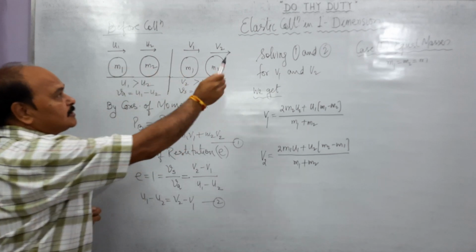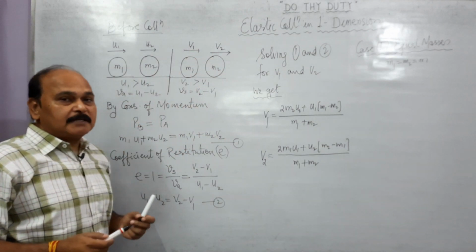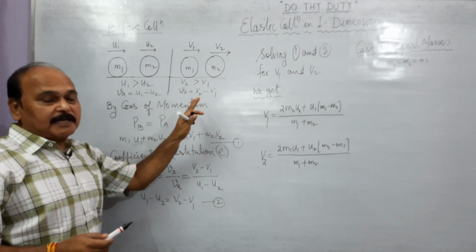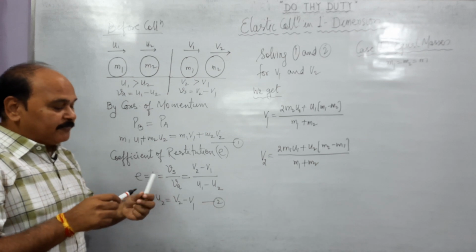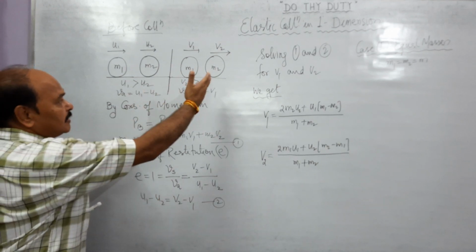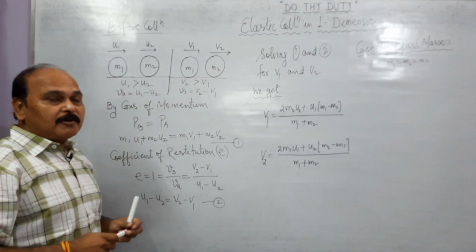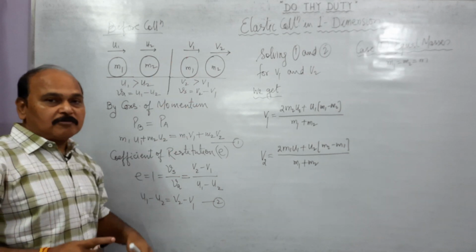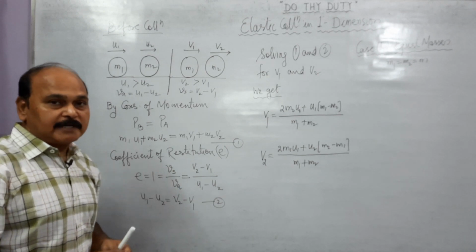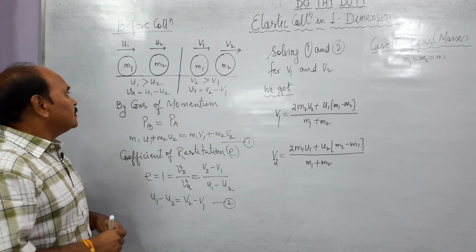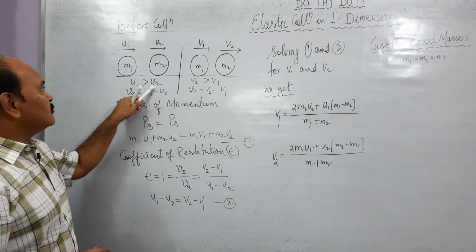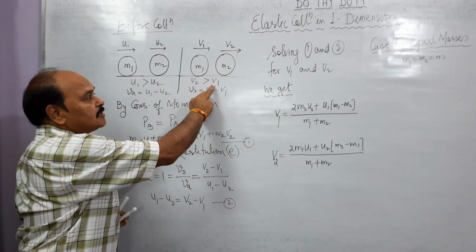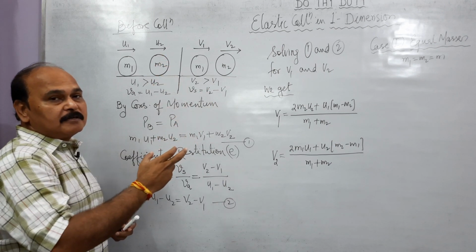Well, all the velocities here are taken towards the right. Therefore, all are given a positive sign. In a practical situation, if any of these velocities are along the negative x-axis, that velocity would be substituted with a negative sign in the mathematical workout which we are going to discuss right now. Velocity u1 is greater than u2 before collision, and velocity v2 is always greater than v1.